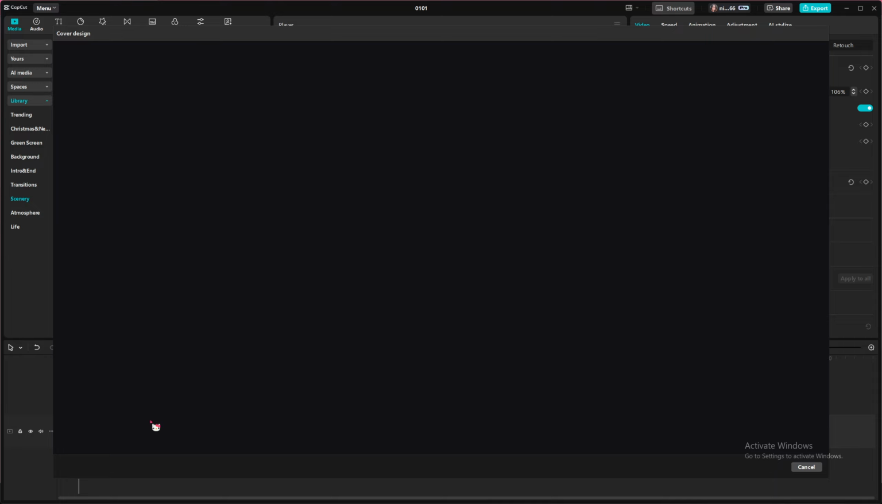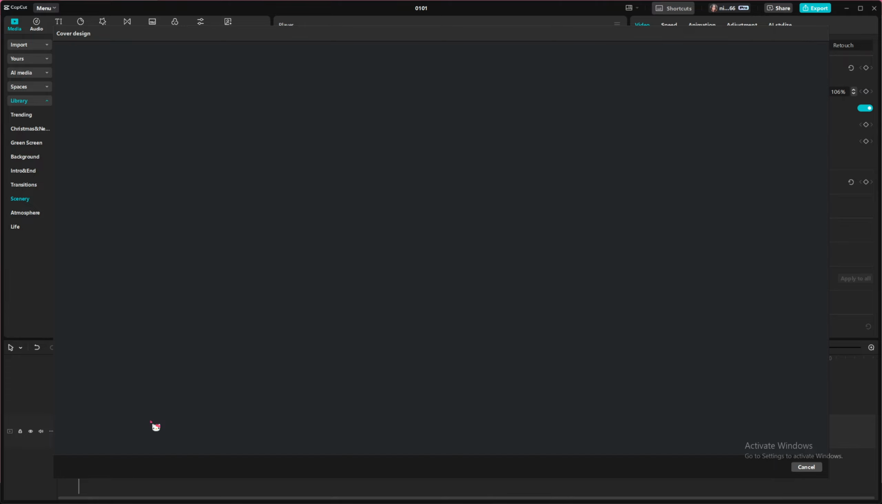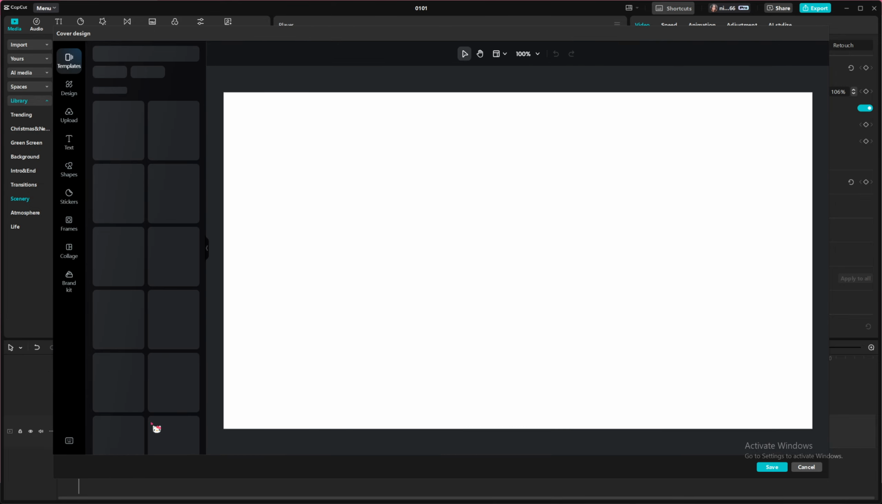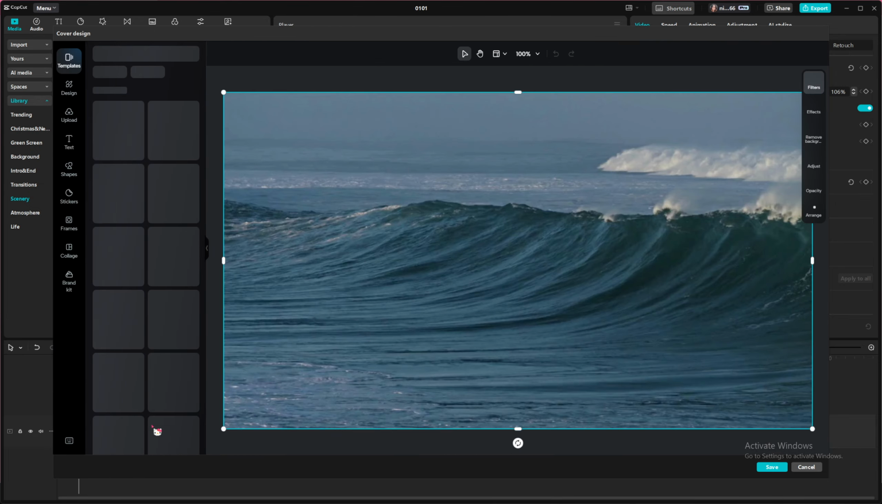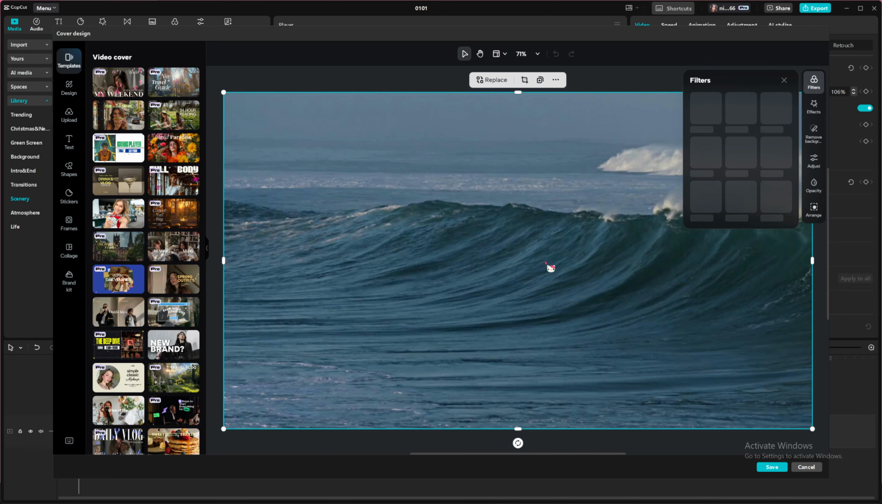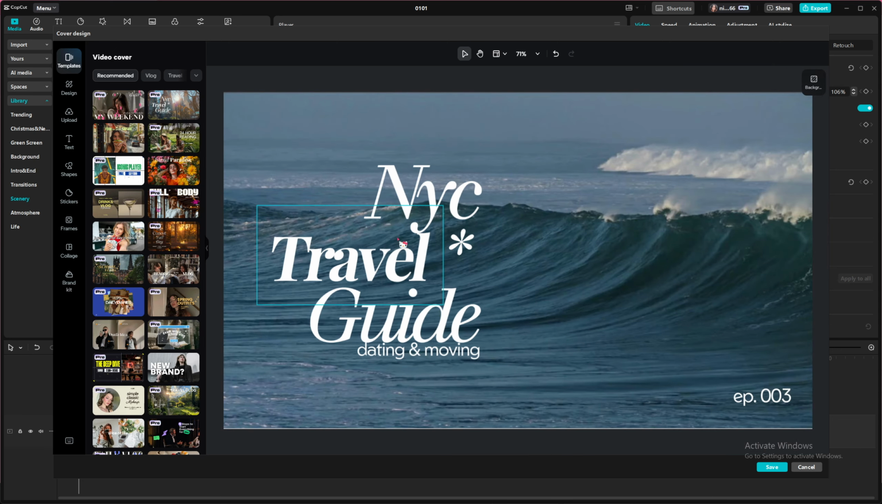It might take a few seconds to load, so just be patient. Okay, so you can choose from designs that they have already, and you can select it and it's going to